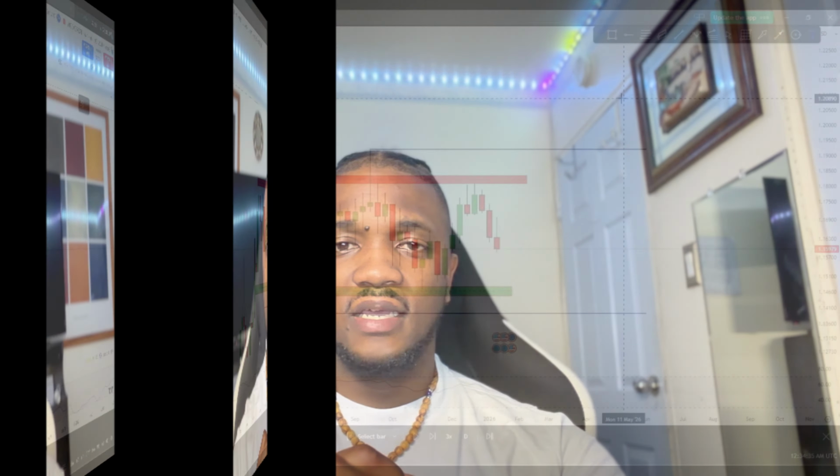This doesn't mean the market is confused. It just means that the market is moving in different phases across different time frames. By respecting a dominant trend or by respecting a higher time frame, you maintain clarity, consistency, and discipline in your trading. 3 things a successful trader must have.